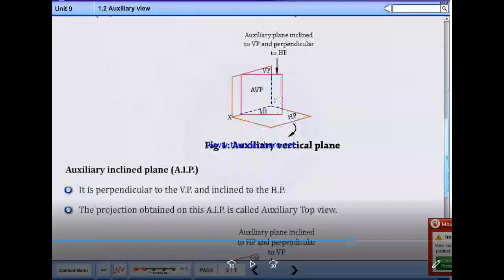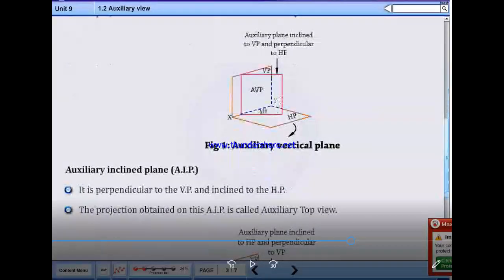The auxiliary vertical plane is perpendicular to the horizontal plane and inclined to the vertical plane. And the auxiliary inclined plane is perpendicular to the vertical plane and inclined to the horizontal plane.